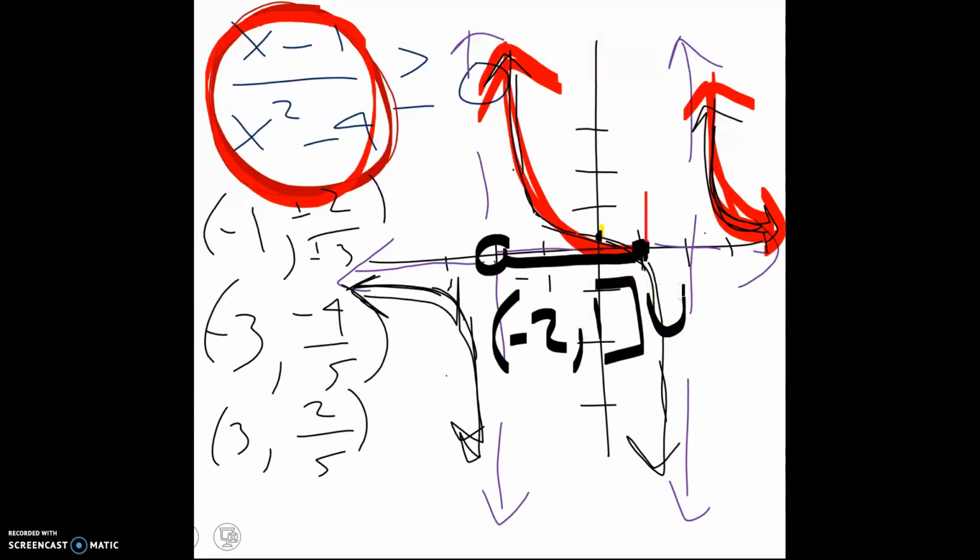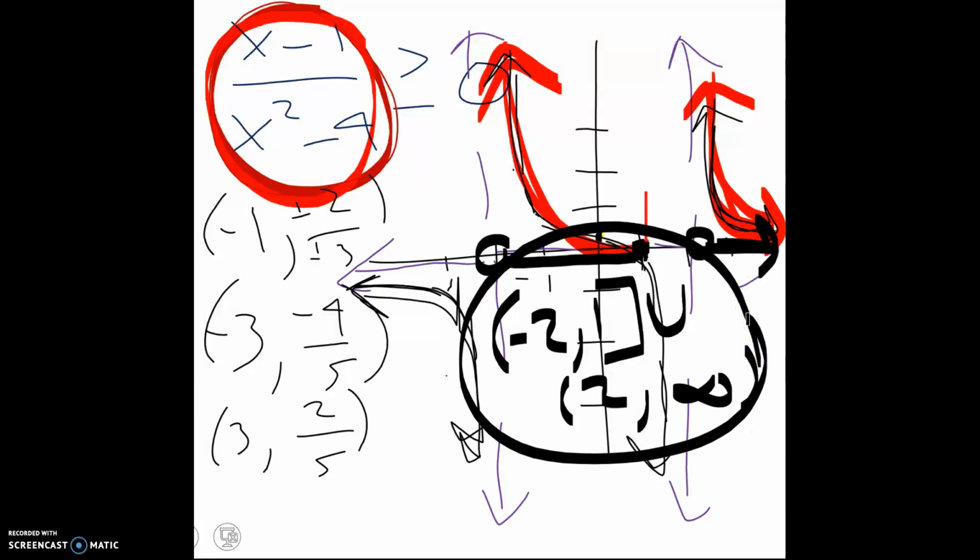And then I have a gap, and then I pick up over here again with x values, because the y values are positive here, and these go all the way to infinity. So that would be 2 all the way to infinity. And that would be my interval notation